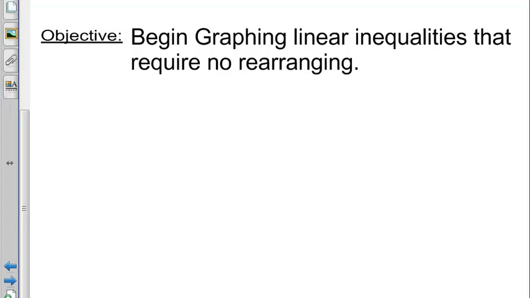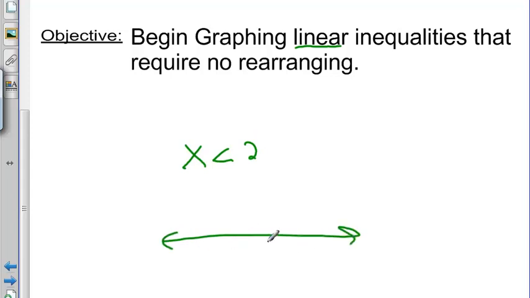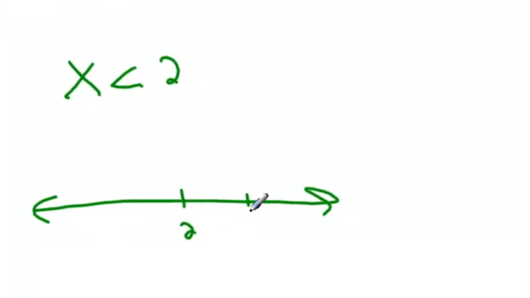Alright, so today we're going to be graphing linear inequalities, and if you think about something that's linear, that means it makes a line. So we're going to be talking about inequalities, but inequalities that make a line. So you might remember something like x is less than 2, and I was telling you to graph that. It's been a while since we've done it, but you might remember it's 2, 3, 1, and